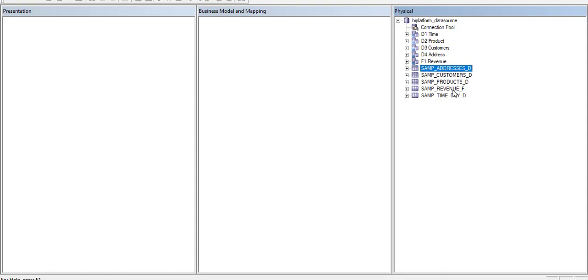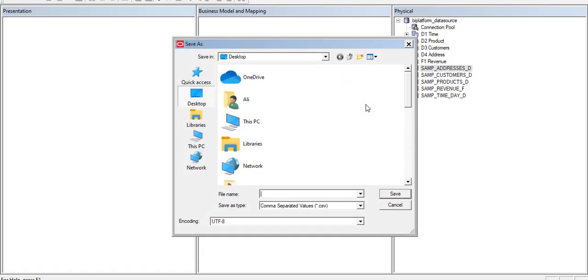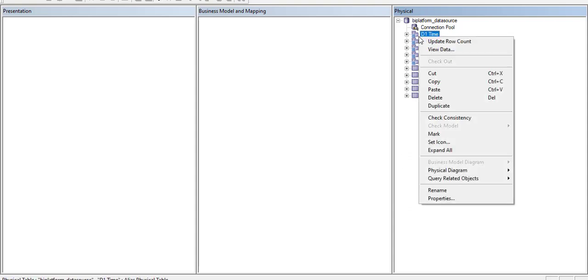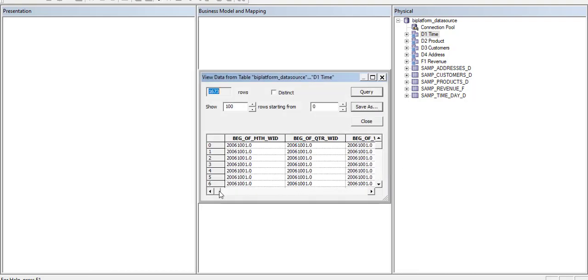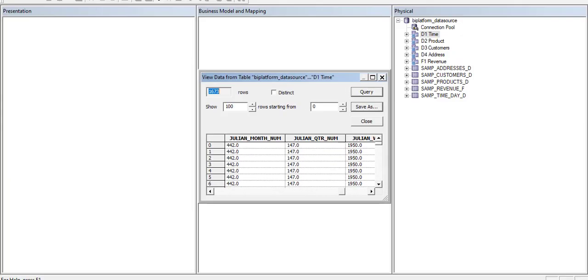You can see data, you can restrict data, you can query data, you can show 100 records, you can show more than 100 records, you can save the query, save data as Excel file, CSV file, you can create a view of the object. All the data related to that table shows in the window, all columns, and you can maximize it from here, so the developer can easily assign a query from the query button. Okay guys,